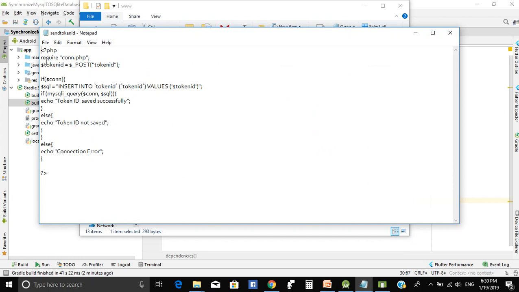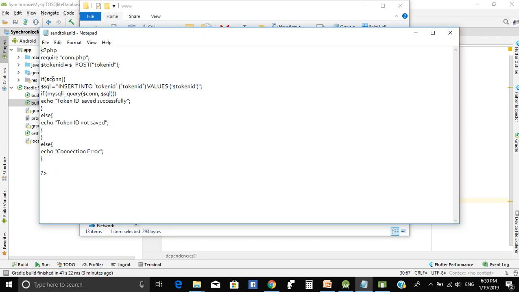In the first line, we added require con.php, and create variable for token ID as a post, and this variable will come from the mobile app and contains the token ID of the application,